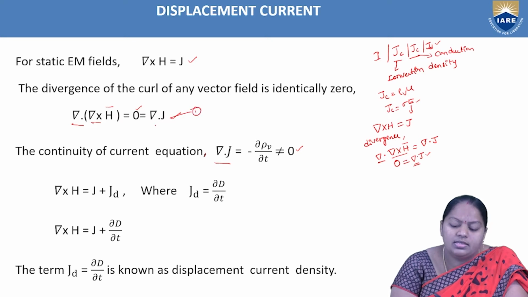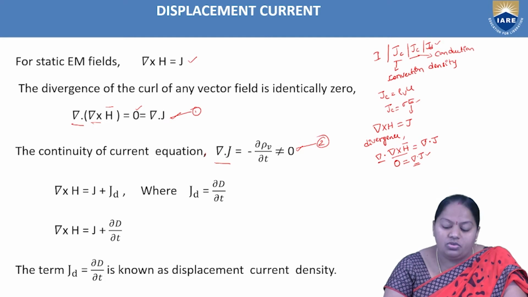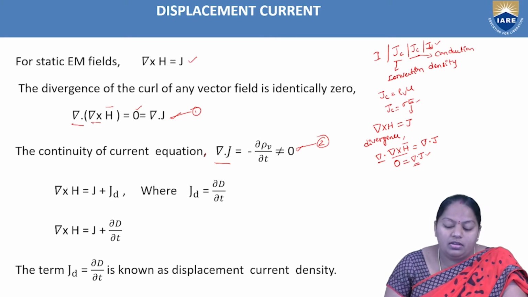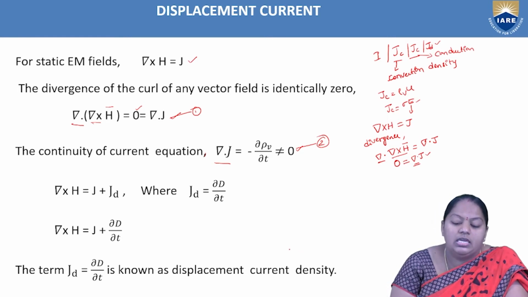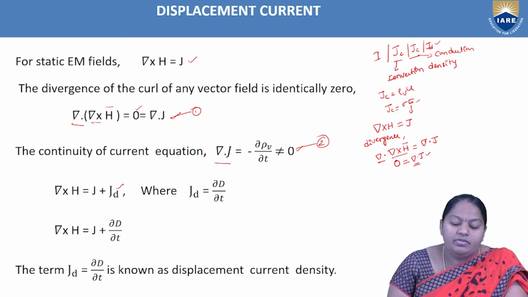Here del dot J is equal to 0. Now from this equation, del dot J is equal to minus dou rho v by dou t. So if you observe these two equations, there is a conflict, or a difference, between the vector analysis part and the continuity of current equation. To resolve the conflict which exists in these two cases, we are going to add one term to Ampere's Circuital Law as JD, where JD is said to be the displacement current density, which is added to the